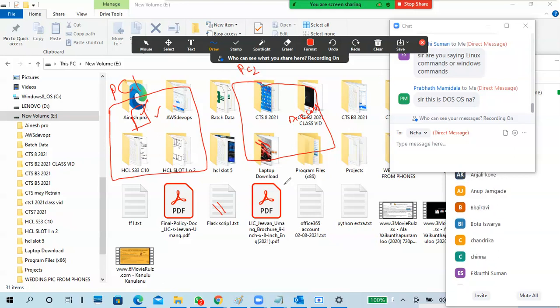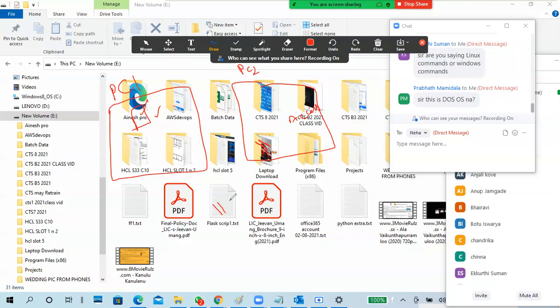Through the internet is a different type of architecture. From my PC to your PC it won't be accessible, because we don't connect with any VPN or separate network. We can access only within the LAN. Simply, if I have a laptop and another laptop and both want to share data, they can share it.